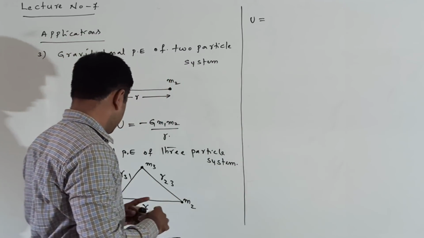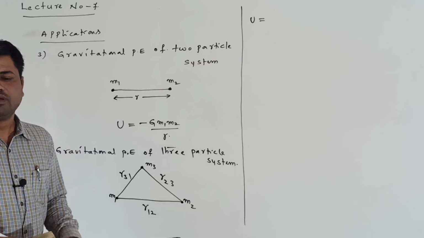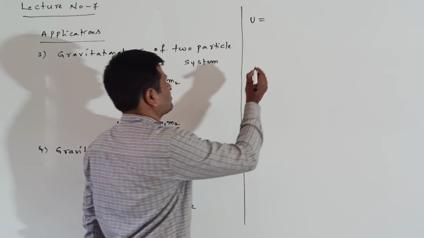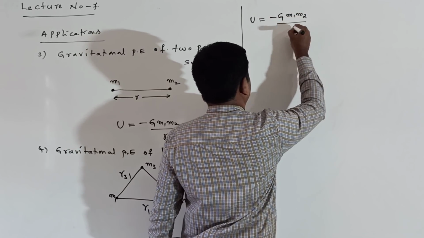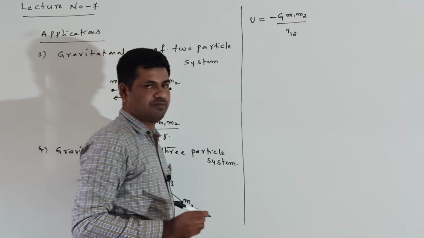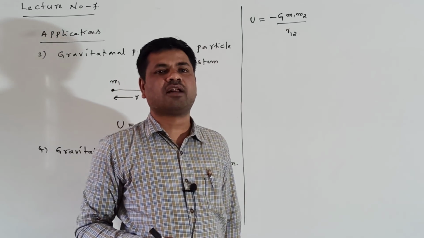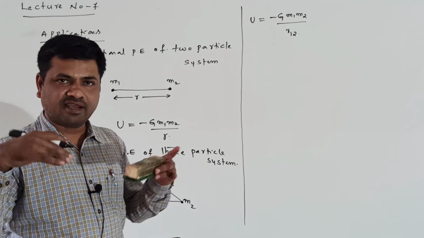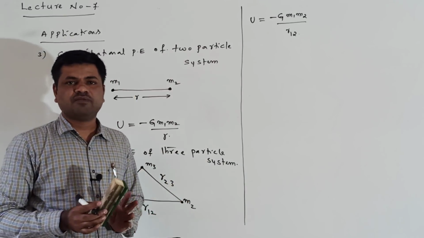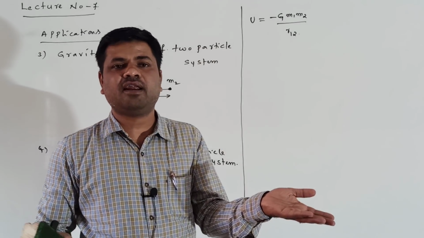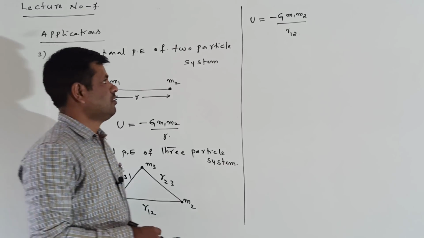First we consider that these two masses m1 and m2 are separated by distance r12. So this potential energy I am writing here. First of all, minus G into masses m1 and m2, separated by distance r12. Directly adding. Why directly adding? Because potential energy is a scalar quantity. Suppose a vector is there, we can consider the directions also. But potential energy is a scalar quantity, so we do not consider the direction, we just add the magnitudes. That is the main concept you can remember here.